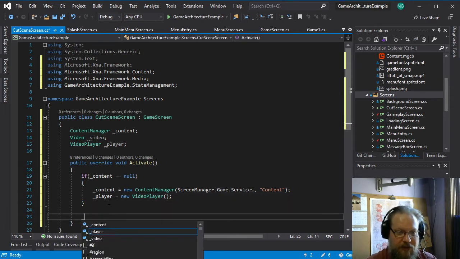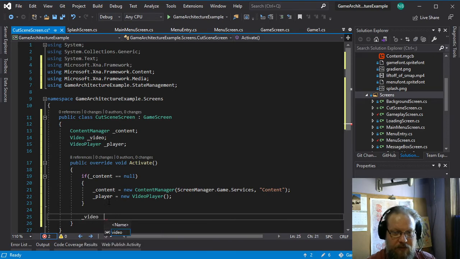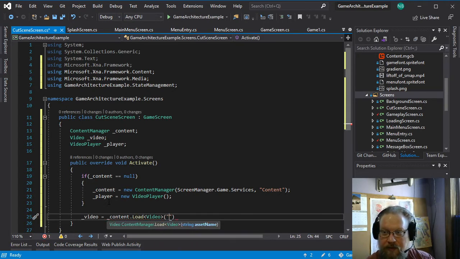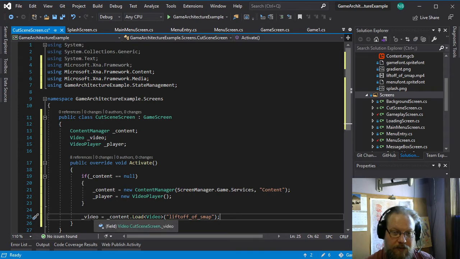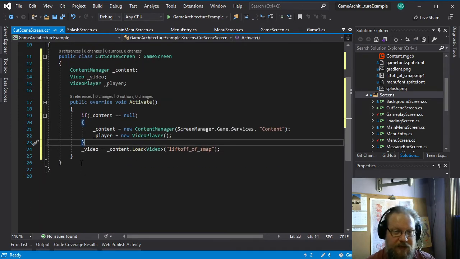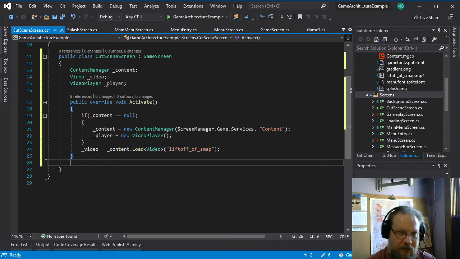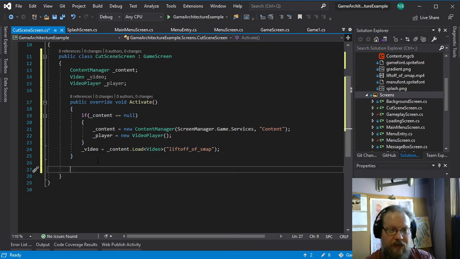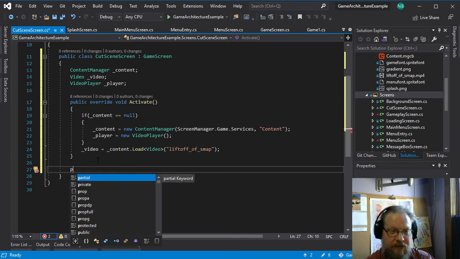And then we'll just go ahead and do the video equals content load. We're loading a video, and our video name is liftoff of SMAP. And of course, this could be put in here as well because it only needs to be done once, since we're not worrying about tombstoning as a mobile game. Okay, so that's our activate, and then we need our update